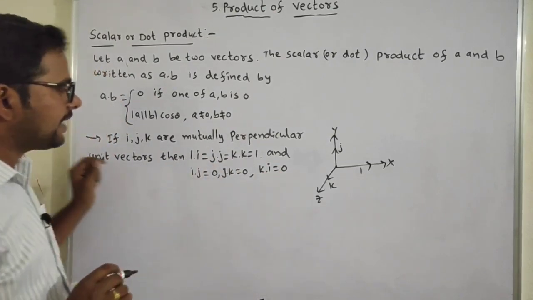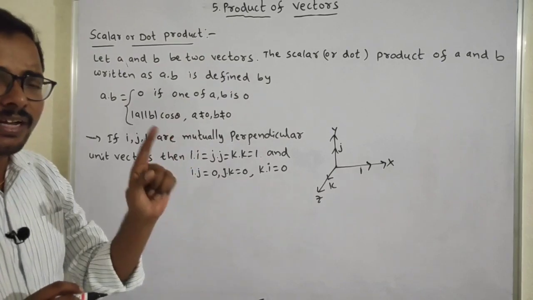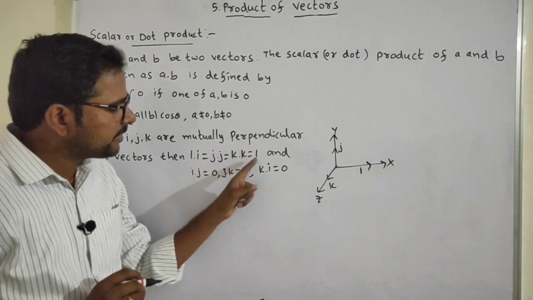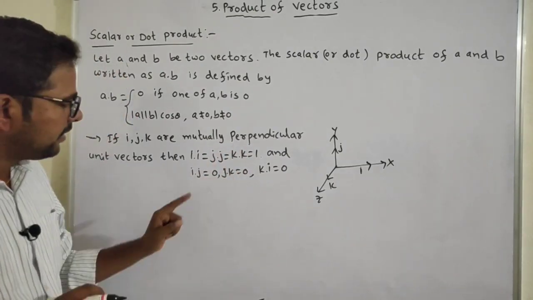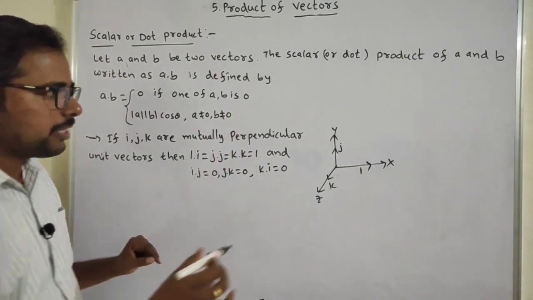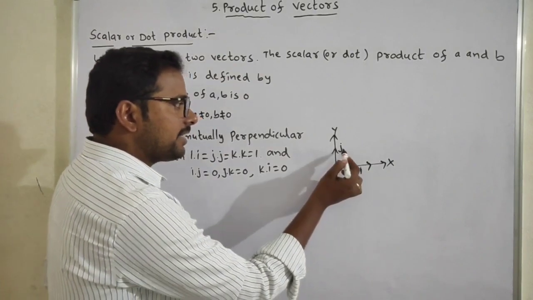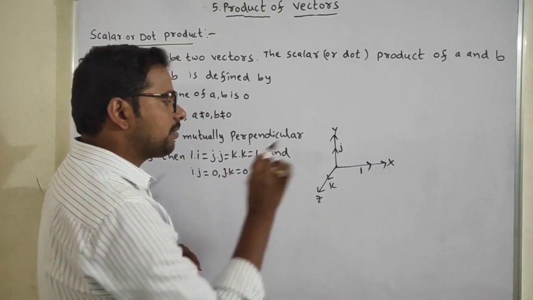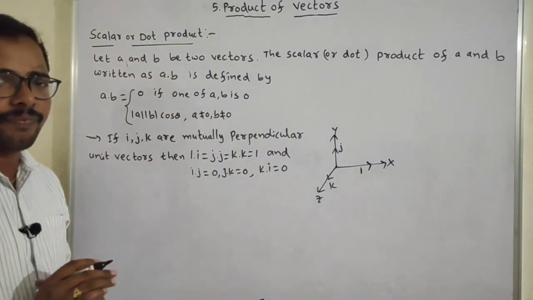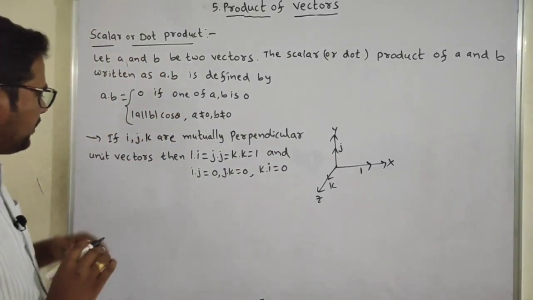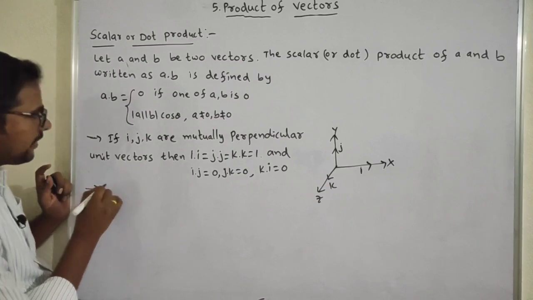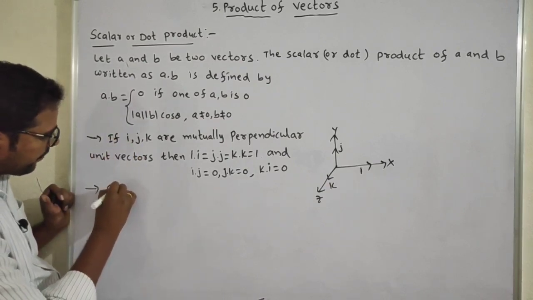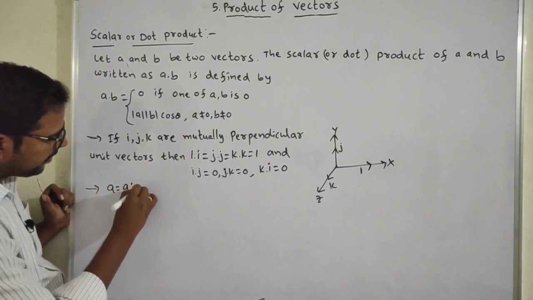ఏంటి? i డాట్ i సేమ్ ప్రోడక్ట్ వస్తే దాని వాల్యూ 1, i డాట్ i is equal to 1, j డాట్ j is equal to 1, k డాట్ k is equal to 1. అండ్ i డాట్ j డిఫరెంట్, మ్యూచువల్ పర్పెండిక్యులర్ కదా. అంటే i డాట్ j is equal to 0, j డాట్ k is equal to 0, k డాట్ i is equal to 0. ఇది డిఫైన్ చేస్తాం. ఓకేనా? Suppose if any vector is in the form of ijk, suppose a is equal to a1 i plus